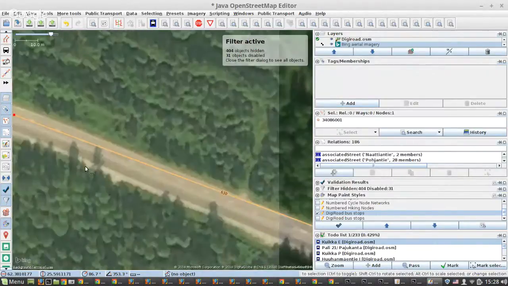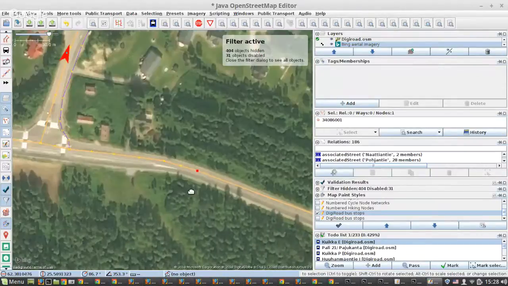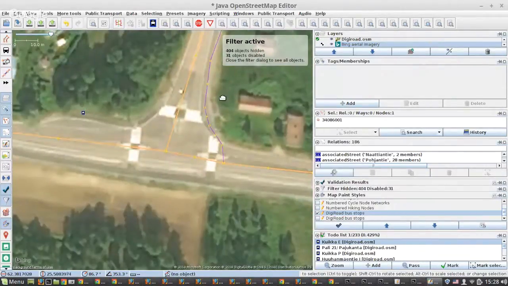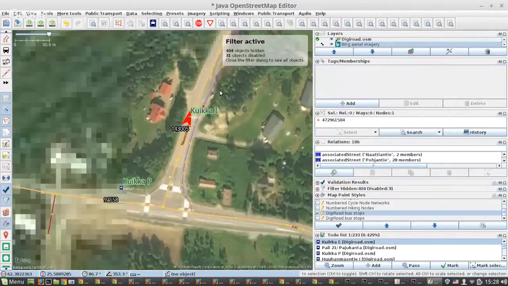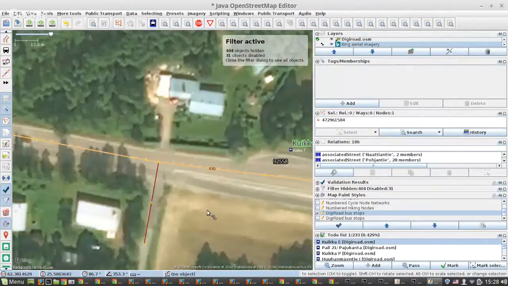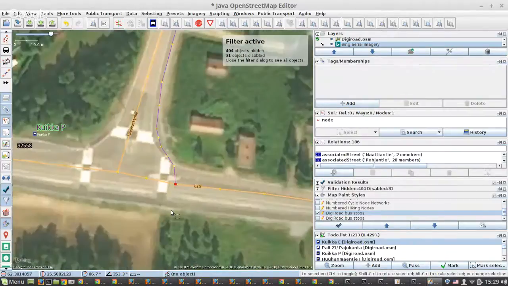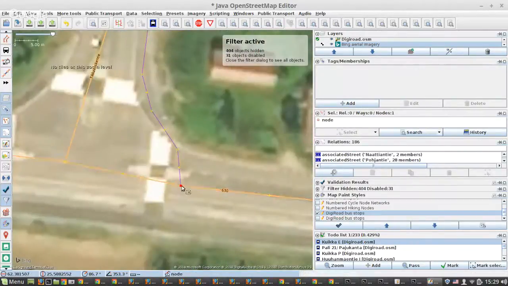Would it be a cycleway? I cannot distinguish. If you look at here, this is indeed a cycleway. So maybe over here, this is also cycleway then. And then it would make sense to connect this cycleway over there. Okay, then this is, yeah, that's a pedestrian crossing actually. Yeah, anyway, so